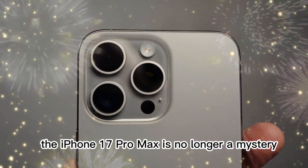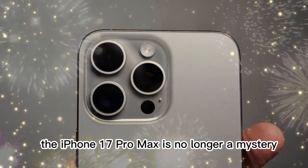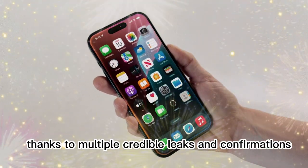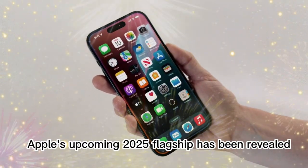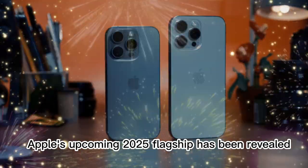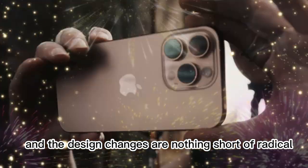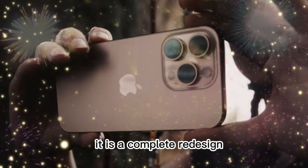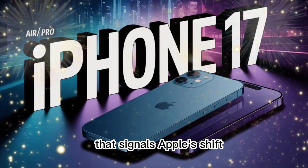The iPhone 17 Pro Max is no longer a mystery. What was once rumor and speculation has now turned into a clear picture, thanks to multiple credible leaks and confirmations. Apple's upcoming 2025 flagship has been revealed, and the design changes are nothing short of radical. This is not just a small yearly update, it is a complete redesign that signals Apple's shift in both engineering